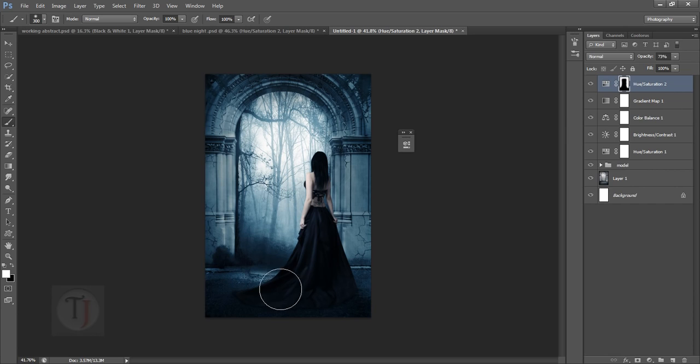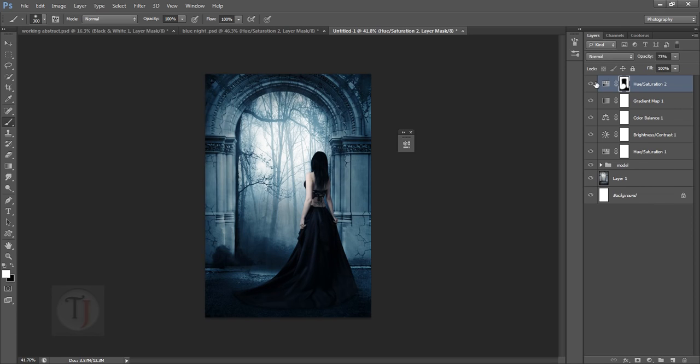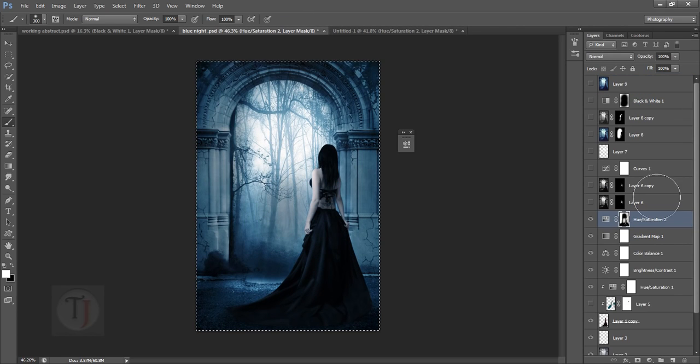I also painted it like here something. The light source is coming from here, so I can paint it here, so it will make the foreground a bit darker and help to focus on her subject. So this is going pretty fine till here, and after that I have created a layer to make her look